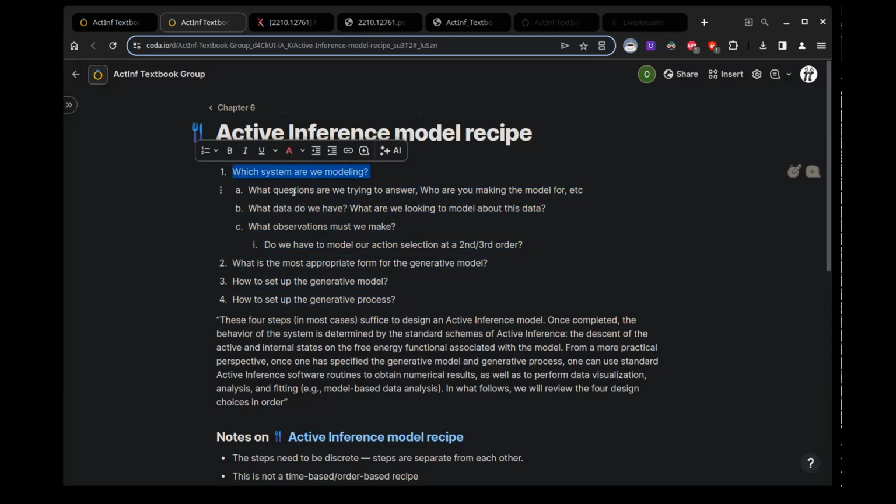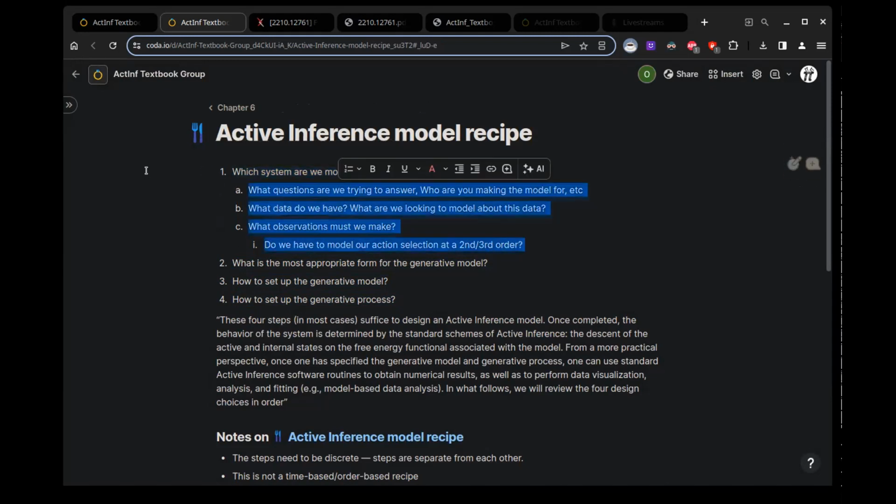So first question, which system are we modeling? And this is analogous to the identification of the system of interest in systems engineering. And there are situations where this is trivial or where the teacher tells you which system is being modeled, but there's also situations where it's non-trivial because, of course, everything is attached to everything in the world.